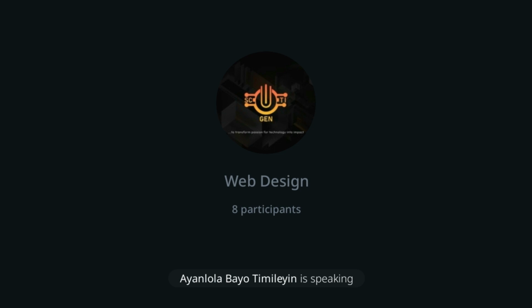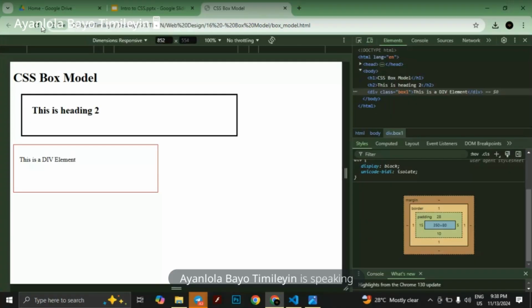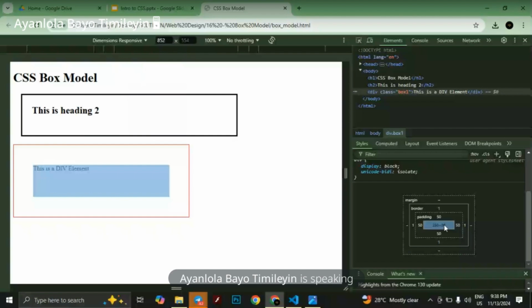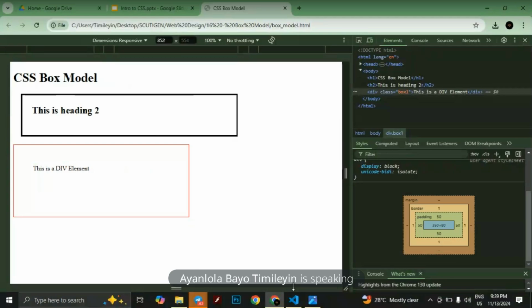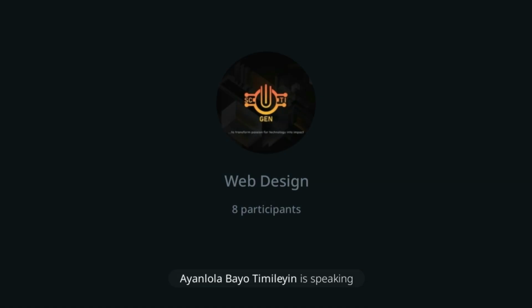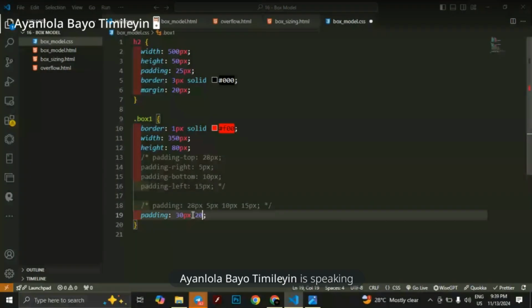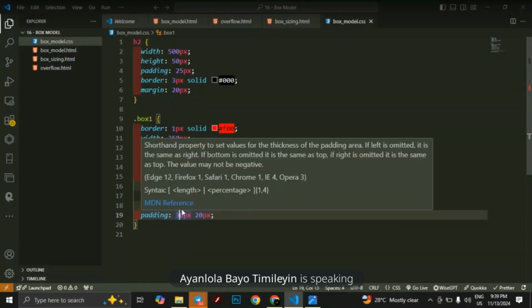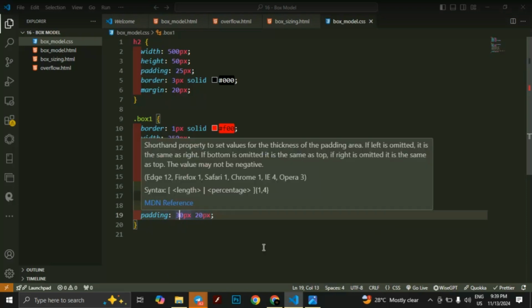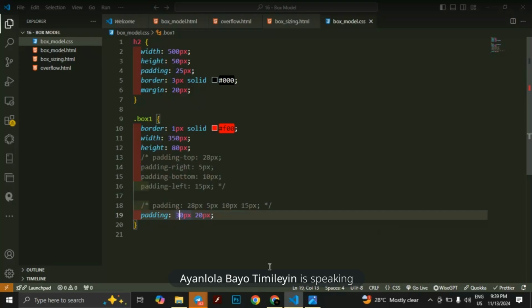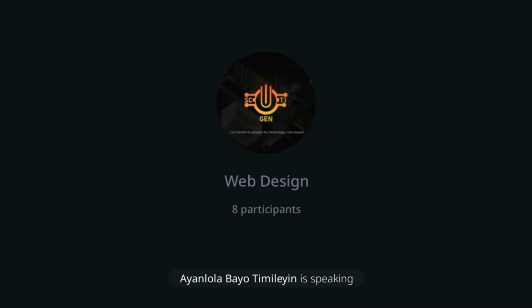But if you want, let's say, 30 and 20, that's 30 to the top and bottom, 20 to the left and right. So we have 30, 20. This means 30 goes to the top and bottom, and then 20 goes to the left and right. Let's confirm that. Refresh. You see we have 30 to the top, 30 to the bottom, 20 to the left,